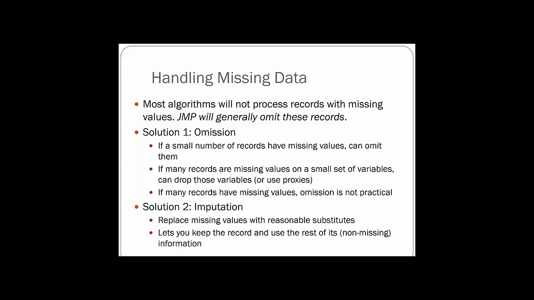This can be problematic, however, if there are a large number of values that are missing, because then that can introduce some bias into the models that are used. The other thing that can be done is imputation, where the missing values are replaced with some sort of reasonable